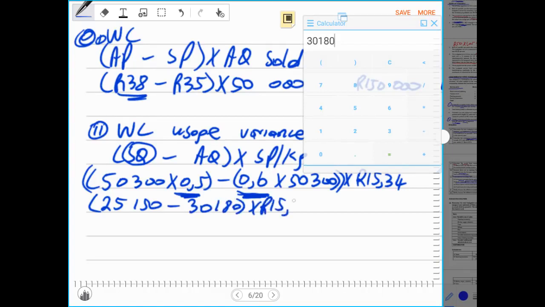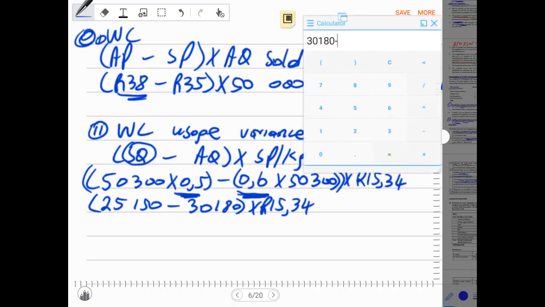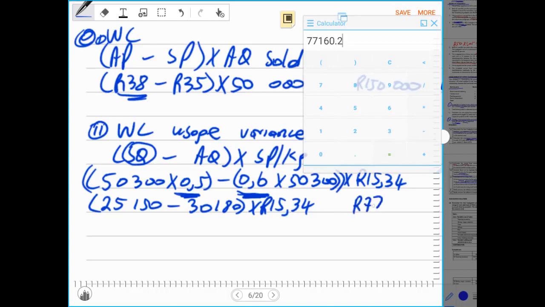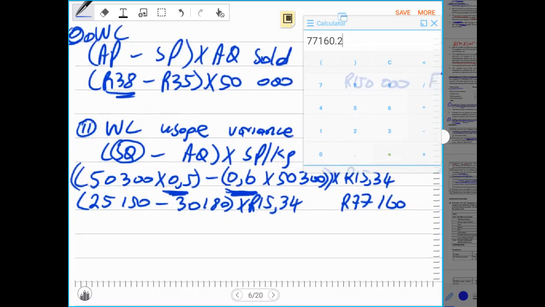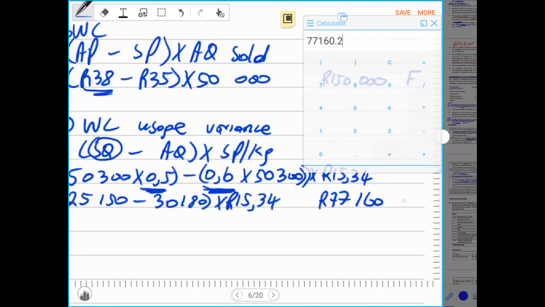Times this by 15.34, minus 25,150 times 15.34, and it gives us 77,160. This is 77,160, and this variance is